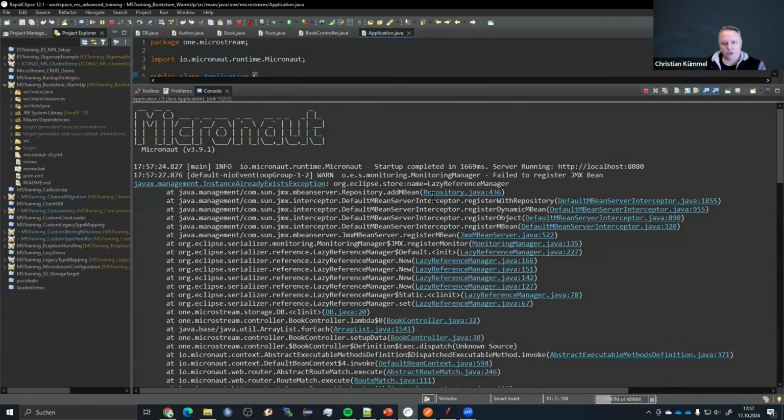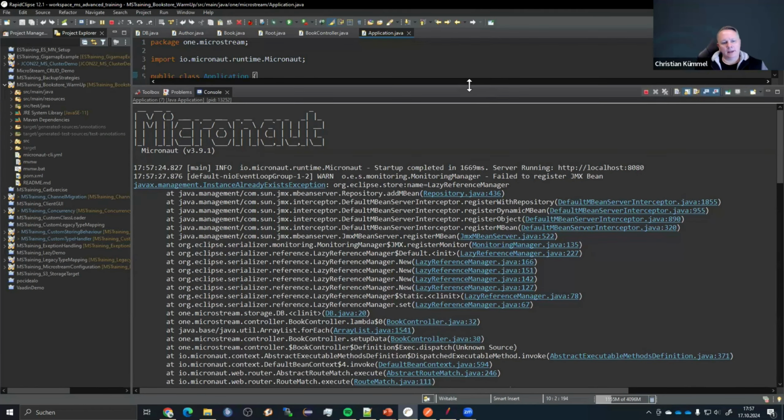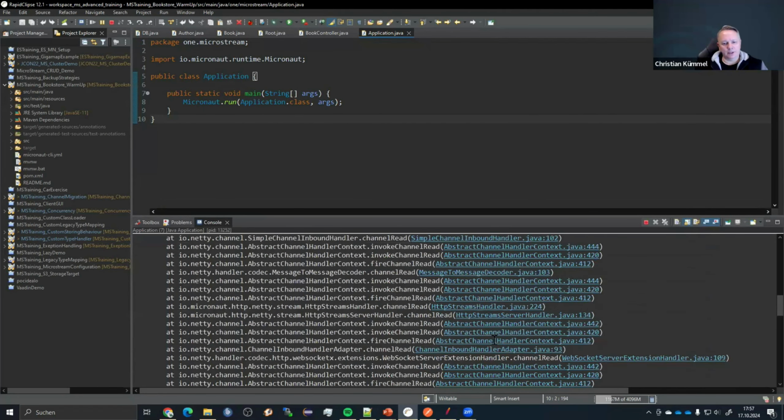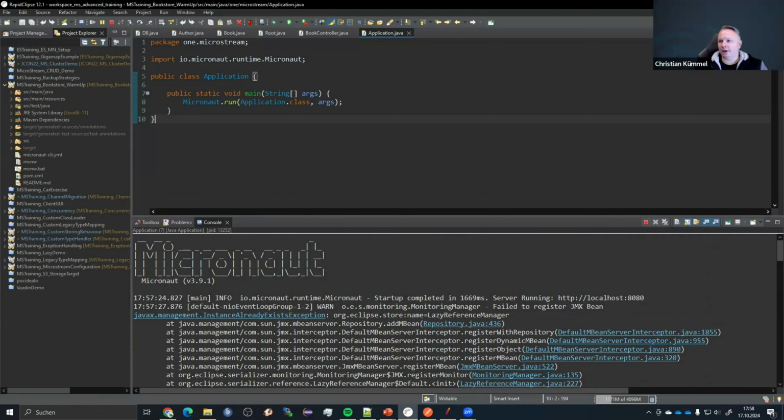See, we have to check that error. I remember the instance already exists exception. I think that was an error. I want to check this. Last time it was the same. Yeah, I have to check this. What is the reason for this? Maybe instance already exists exception. Okay, I have to check this, but